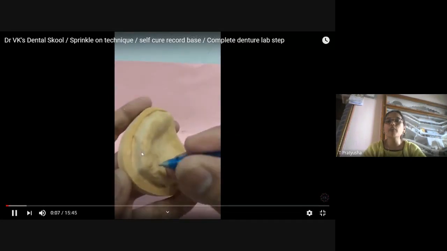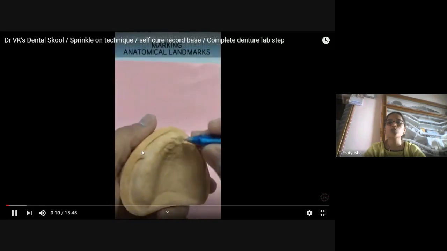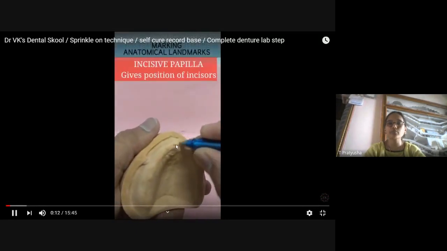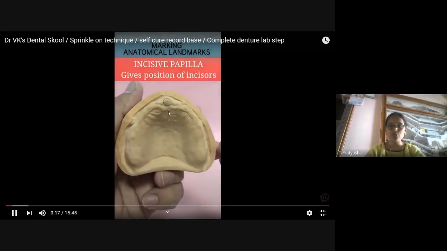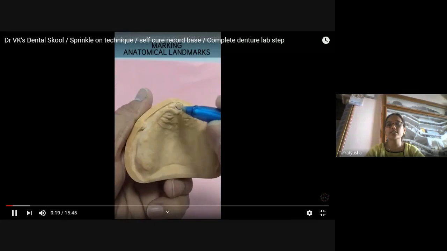First you have to mark all the anatomical landmarks. First you draw the incisive papilla. This will give you the position of your incisors.